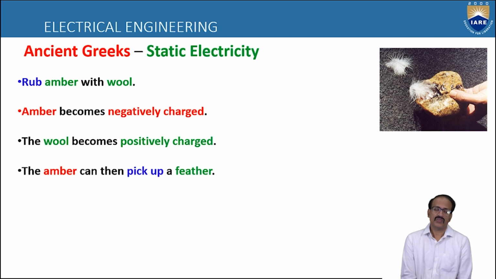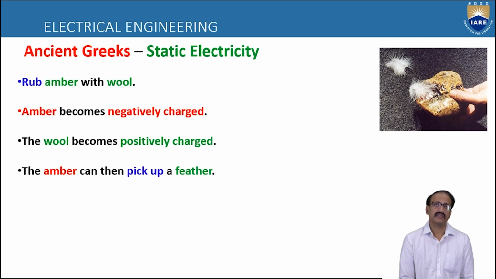Okay, so the ancient Greeks. If you want to talk about electricity, we have to start from the electron. That means you should know what is the atom, what is the molecule, what is the mass, what are the particles. Afterwards you should know what is positively charged and what is negatively charged. But the Greek people might not know about the electron,